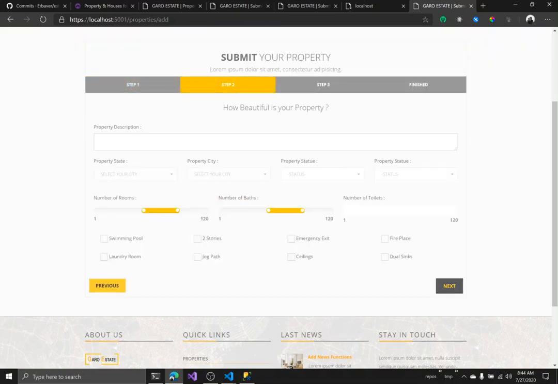Let's go next. Property description. Let's see, some new really expensive property in a really badly thought out area prone to frequent flooding. So this is because we're being honest, right? We're telling our people what they're really getting themselves into. So number of rooms, let's say,